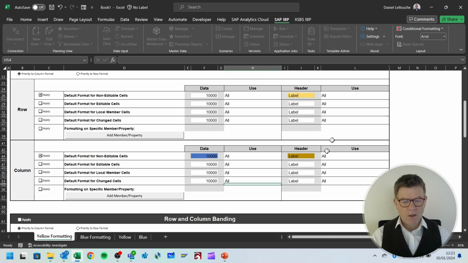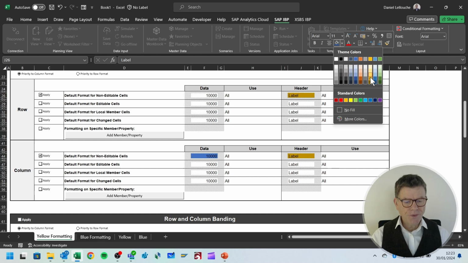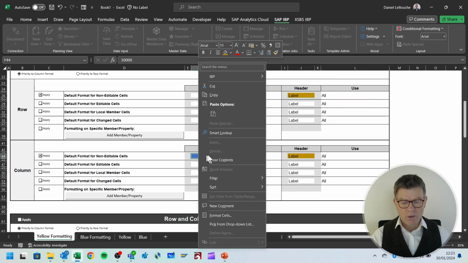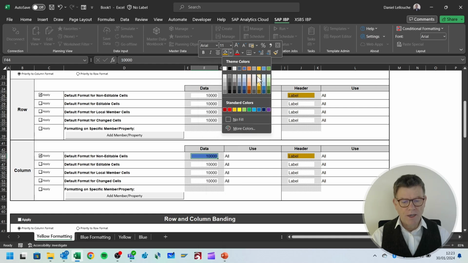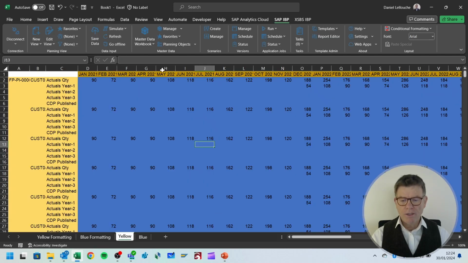Whereas in the yellow, I want this one to be yellow, dark yellow. Say this one. The same for the column header, and for the color, let's use now a nice light yellow, not too bright. So now I have a formatting for yellow. I have a formatting for blue, which apparently are good. Currently, the yellow